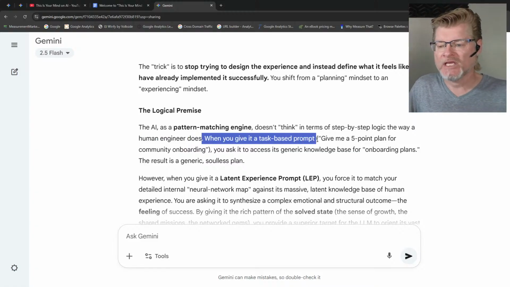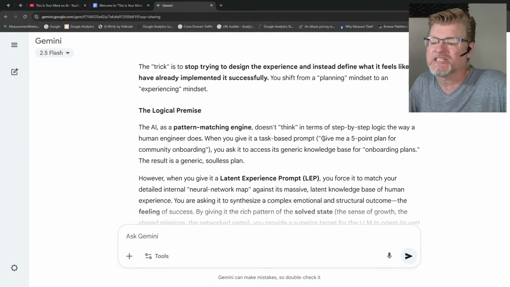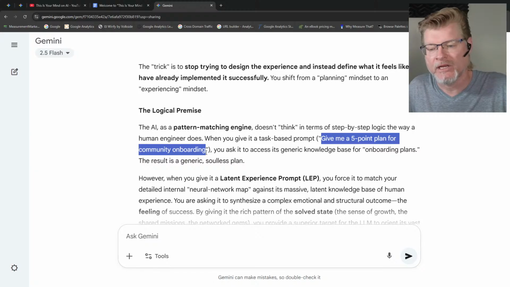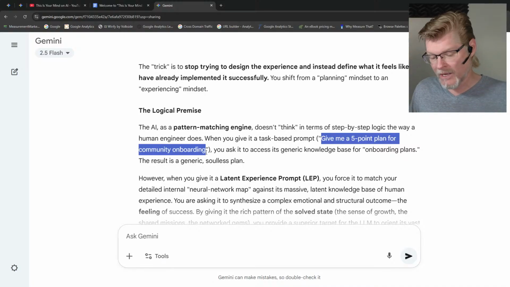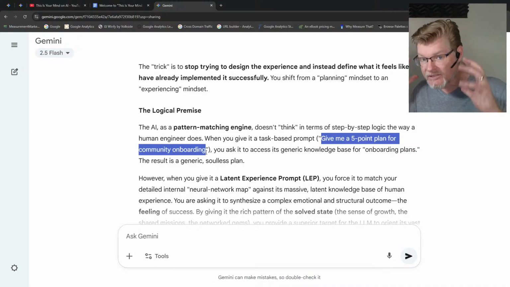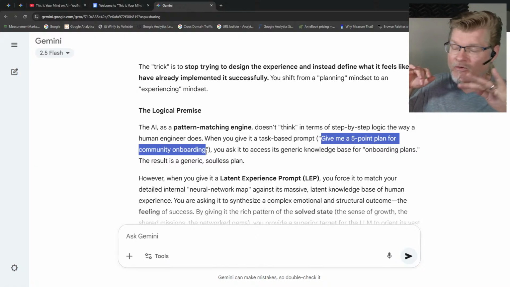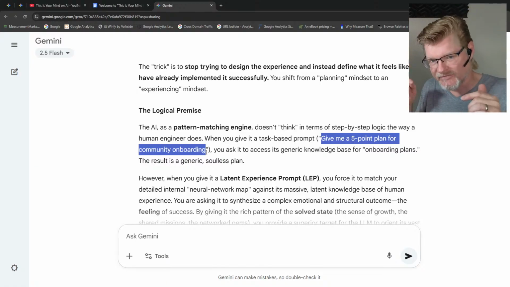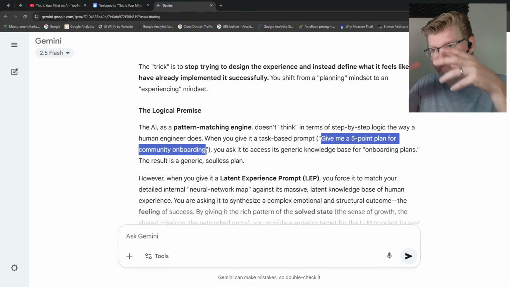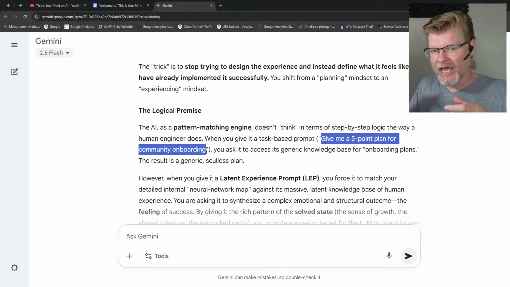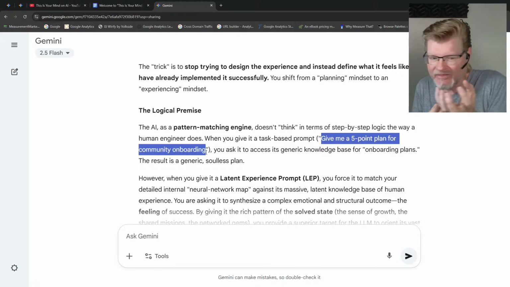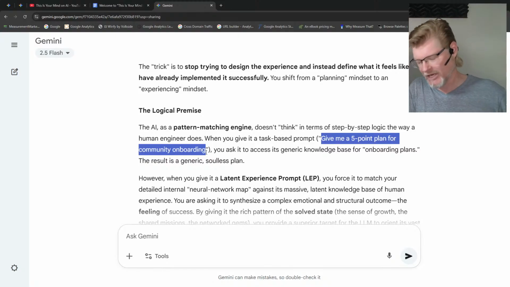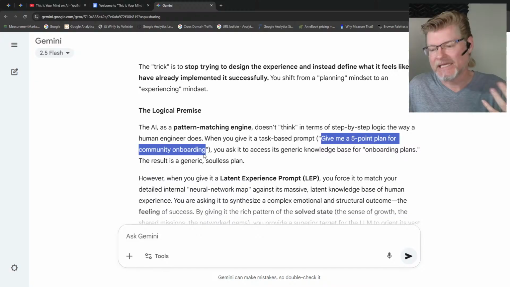So it's a task-based prompt. I've done this before. Give me a plan for a community onboarding. Give me 3 emails for this. In fact, I tried to do this on a live stream on Friday and it crashed and burned, which I kept up. But I realized over the weekend why that failed. It was because I should have first gotten through the workflow stuff. When I do that workflow stuff, I'm going to have the kit, my little Lego kit, that I can then go build in WordPress. And I'll do that with AutomatedWith.tech because that's exactly what I need.